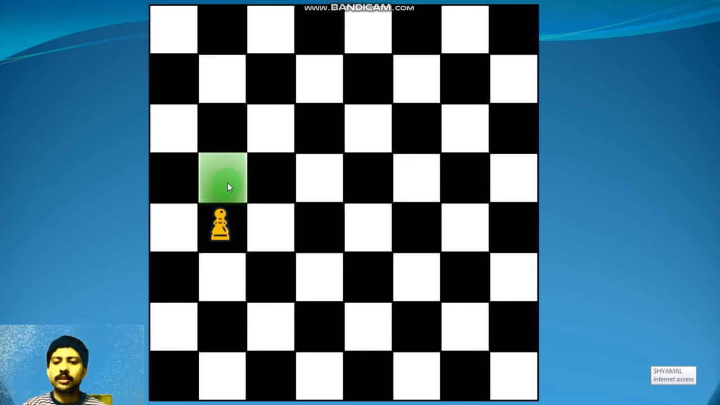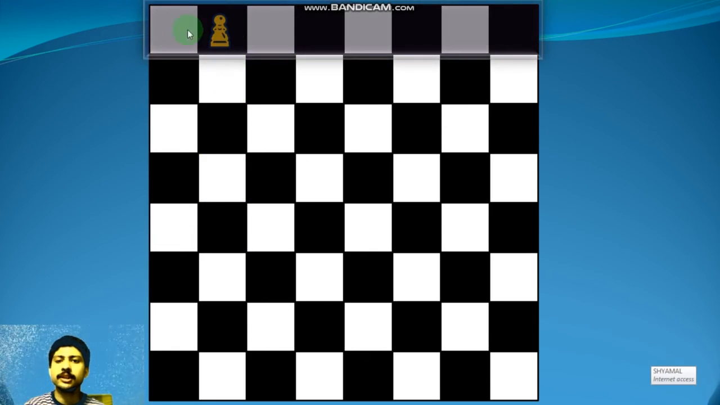If the pawn is not in this line, in this layer, then it can move only one square forward. If there is an enemy piece, then it can attack it and take it off the board. If the pawn goes to this line, if the pawn reaches this line, then it must be replaced with one of these four pieces. Okay,